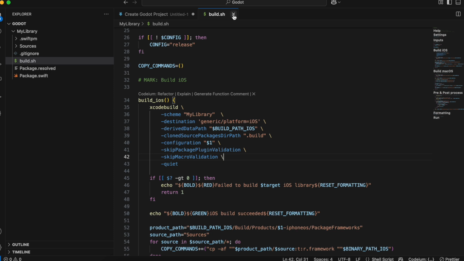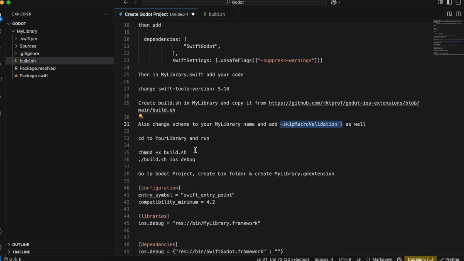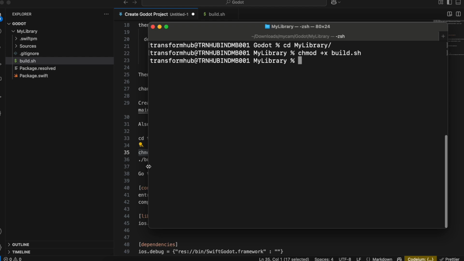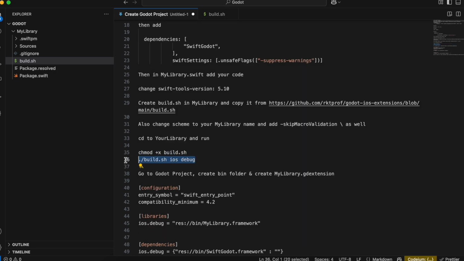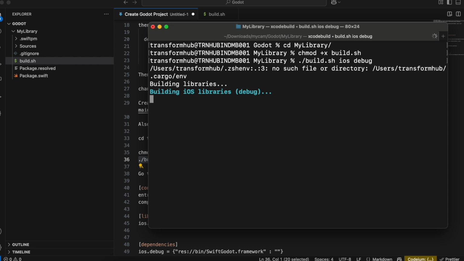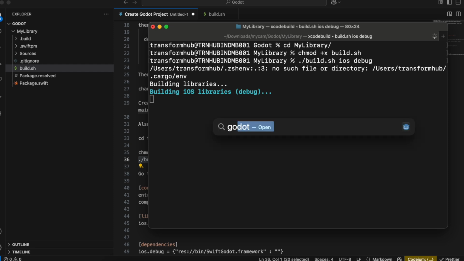Okay, once that is done, you can just cd to your library inside your terminal. So I can just cd it like this. Okay, then I can just run this command. Then we need to run a command to generate the framework folders. Now I'm not planning to deploy this app to Apple App Store, so I can just generate the debug frameworks. But if you want, you can generate release framework as well by just replacing the debug word with release. But for now I'll just generate debug frameworks. Now this will take a bit of time. In the meantime, you can just open Godot game engine